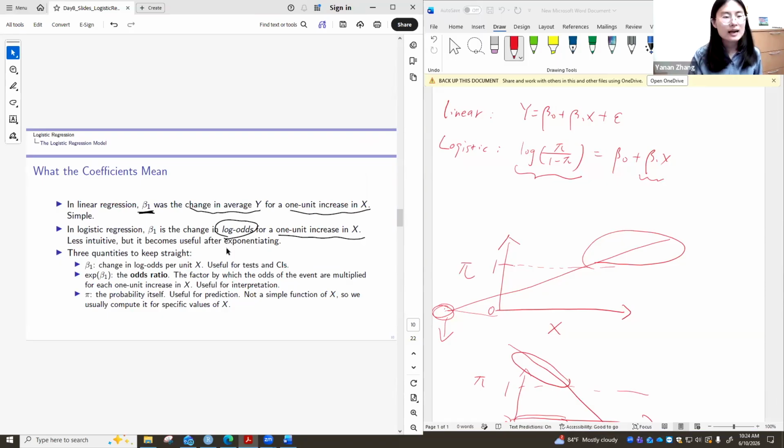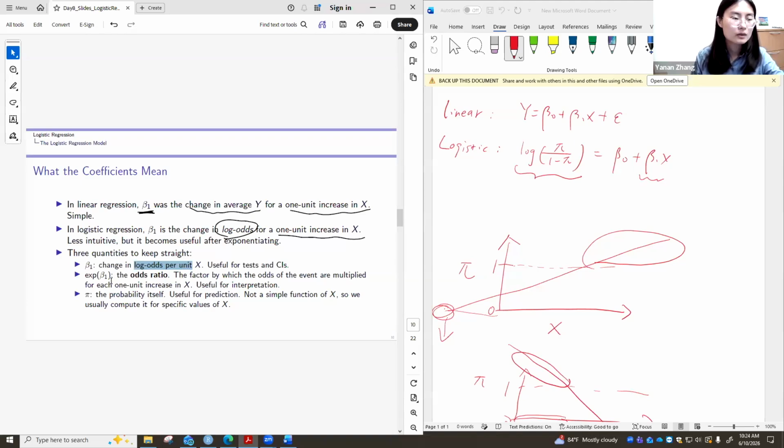All right. So here I will talk about the three different scales. The first is on the log odds scale, as we see here. That is directly estimated from this logistic model, as we talked about. That is, if we increase age by 1 year, what does the log odds change for the events, let's say coronary